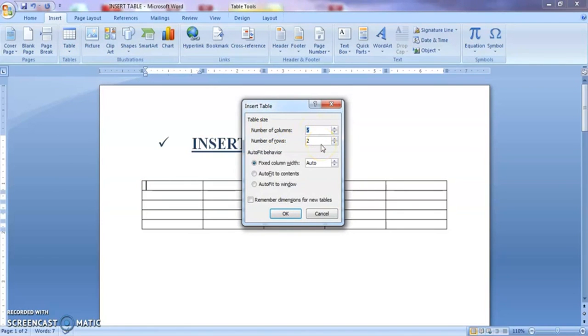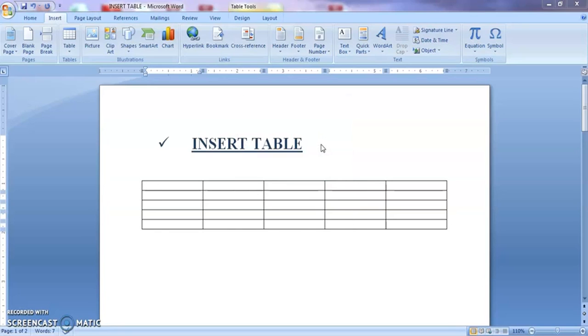But a simple suggestion is, do not go for too many rows and columns in the first stage of inserting a table, because all these rows and columns will get fixed, right? So if you want to make any changes in the size of the column, it will be a little tough. So I always suggest a smaller number of columns and rows, and then you can add based on the options available in Word.